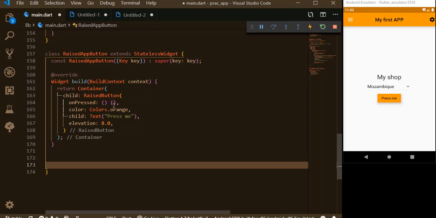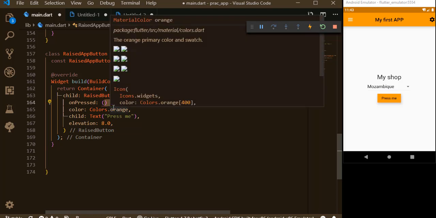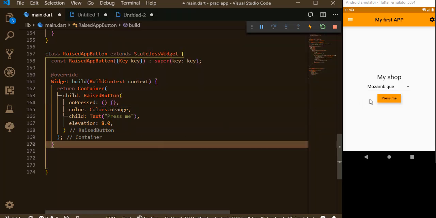In order to make our alert dialog appear, we must make a function which will trigger our alert dialog, so that when we press the press me button, it will trigger our alert dialog. But firstly, let's create some margins